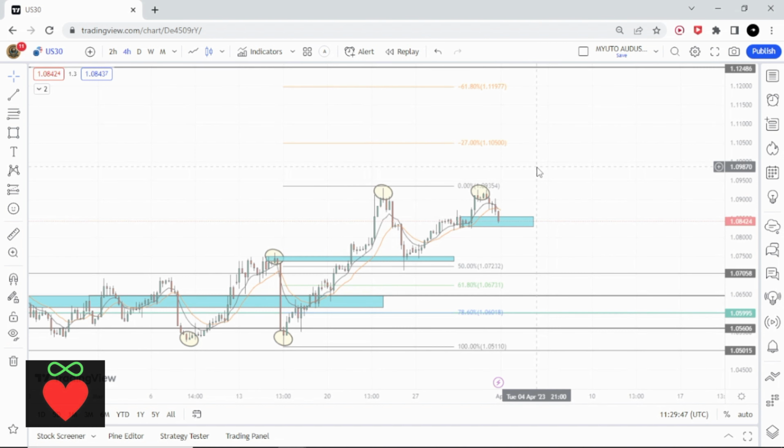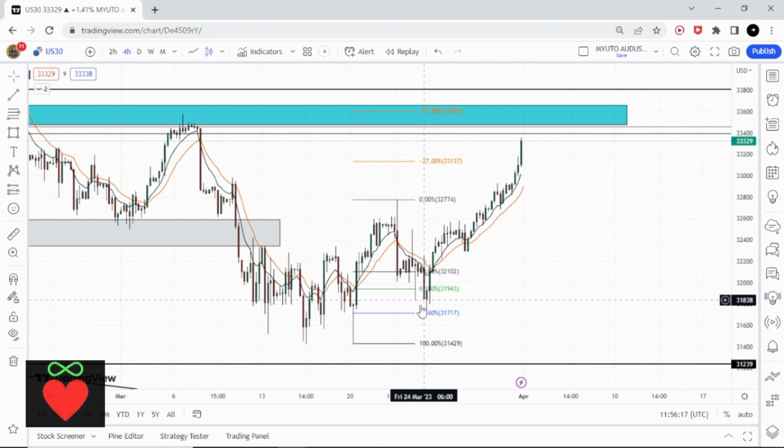We'll go down to US30. Last week we created this bullish reversal pattern, and I anticipated price to go up to 33,000, which it eventually did. It hit the target perfectly, and if you took this trade, you made an incredible amount of pips and you made an incredible amount of money because of US30's liquidity. So for US30 now,